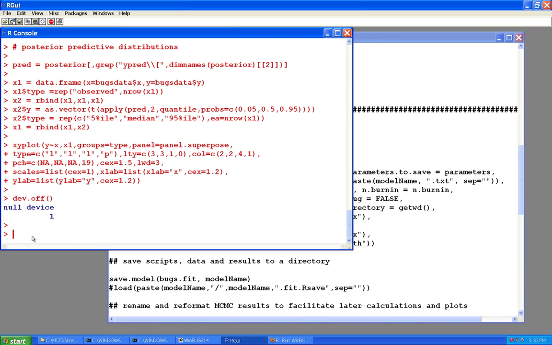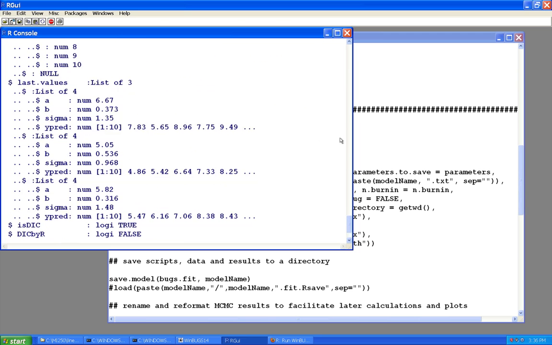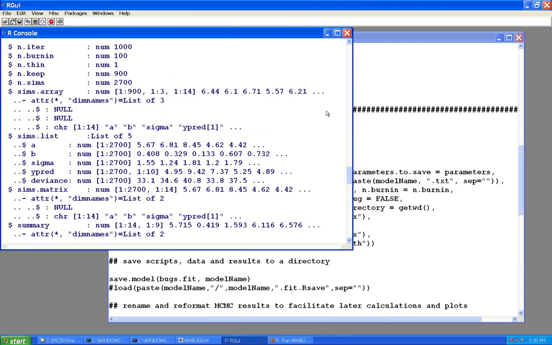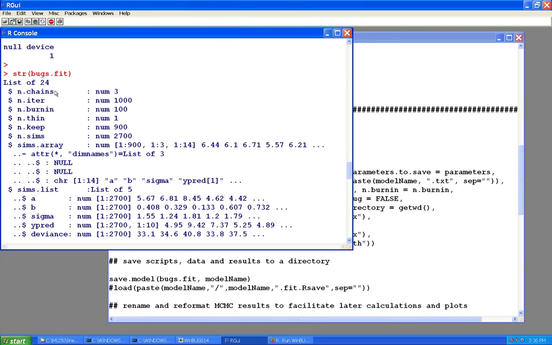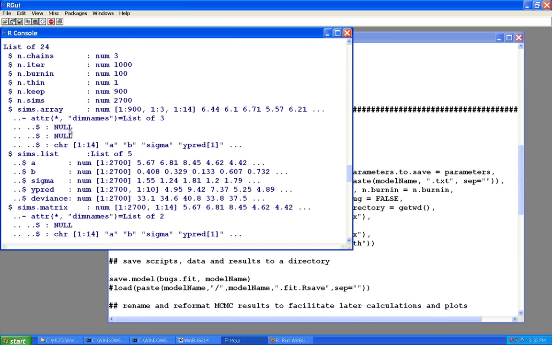In fact, if you do, for instance, the str command, that gives you a sort of summary of the attributes of an object. It's complicated. You can see, for example, it's a list of 24 different R objects in here. It reports back things like the number of chains, the number of iterations, and so on. It reports back this thing called a sims.array, which is an array, which is actually the object we're mainly going to be working with, which in this case has a number of dimensions. The first dimension